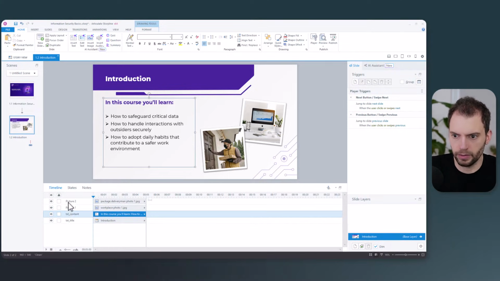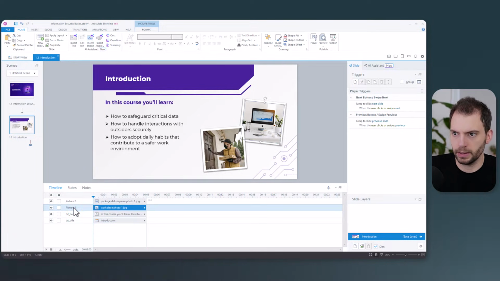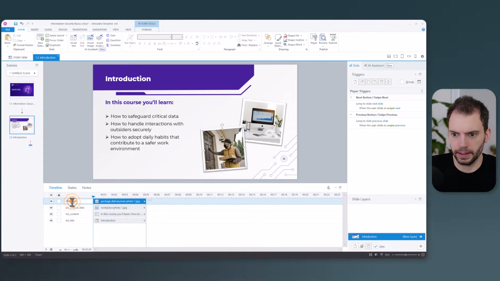And then here for the workplace picture, later on I want this to show up when it says critical data, so I could also double click here and say pic underscore critical data. And then here I could do a double click and then say pic